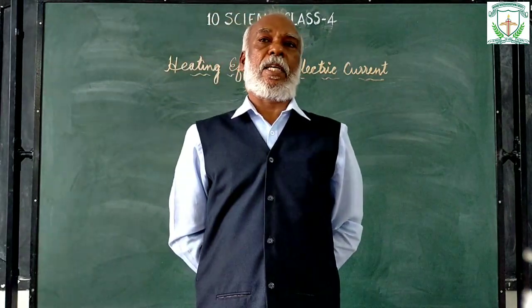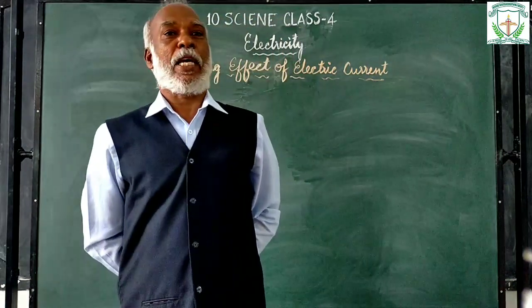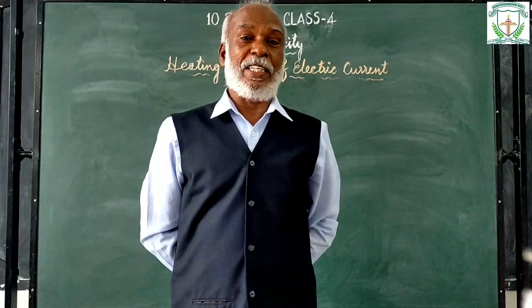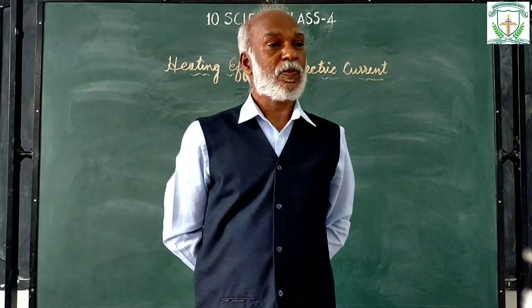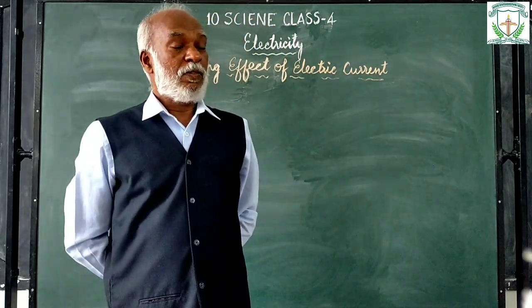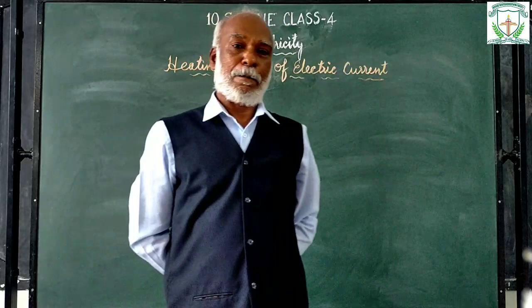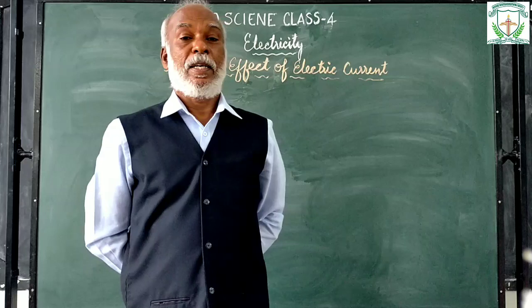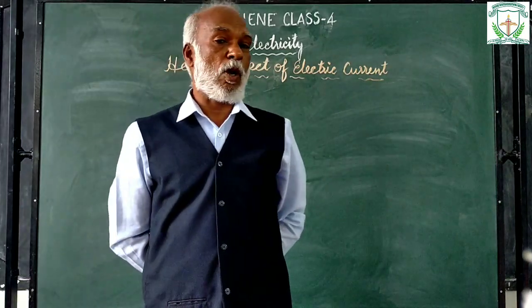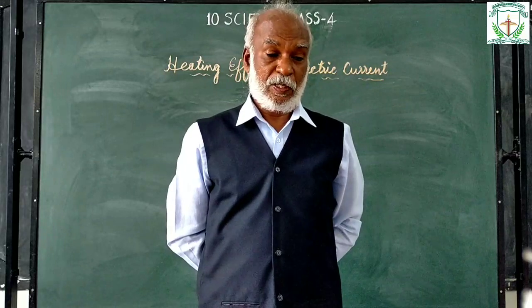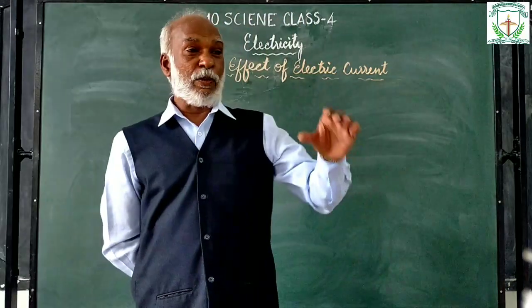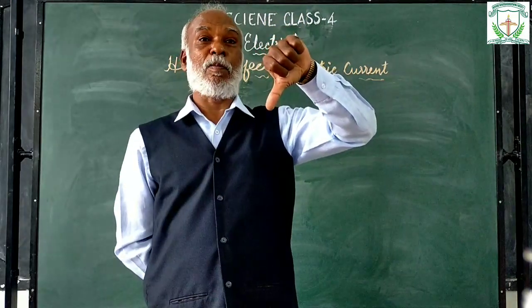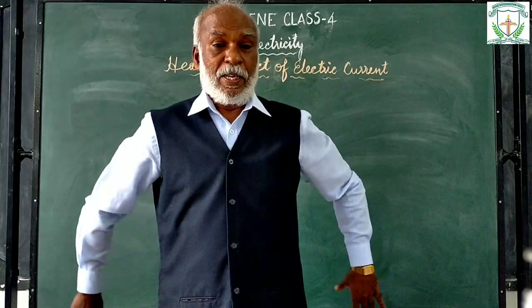In the previous class, we learnt about series and parallel combination of resistors. If the resistors are connected in series, you know that the effective resistance is the sum of the individual resistors. If you connect the resistors in parallel, the reciprocal of the effective resistance is the sum of the reciprocals of individual resistors. That means to say, the effective resistance decreases. It won't be the sum of the individual resistors. Okay.